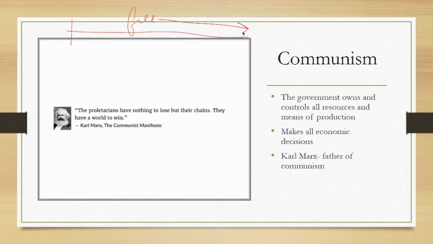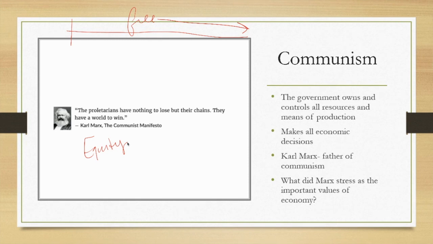And so there's an idea that he's really stressing, even further than socialism: equity. So equity is a big thing in communism, and how they answer those questions is to achieve this goal of equity. Karl Marx really does champion the working class, and so that's the proletarians, that working class, or what you called wage earners: the hourly pay, the person who goes to work for the minimum wage.